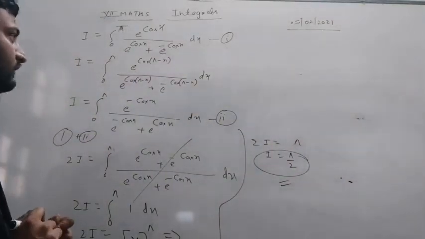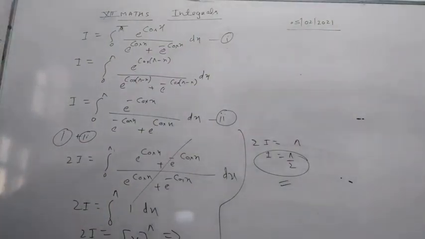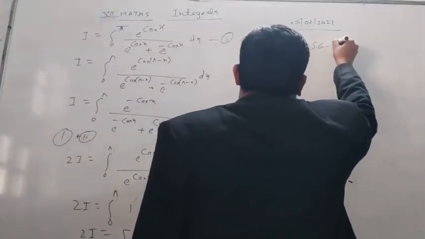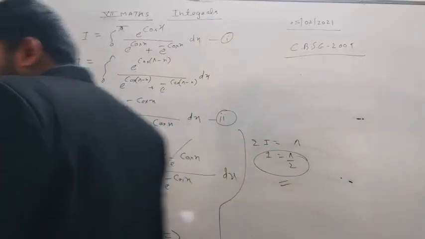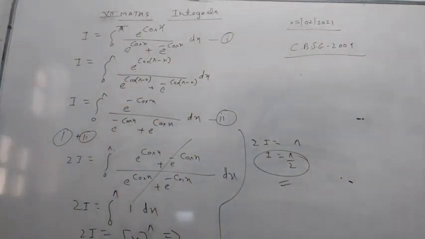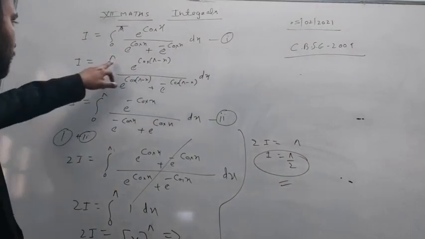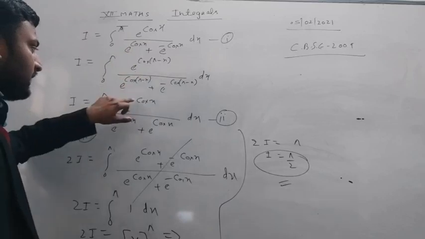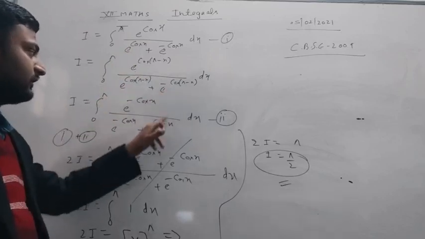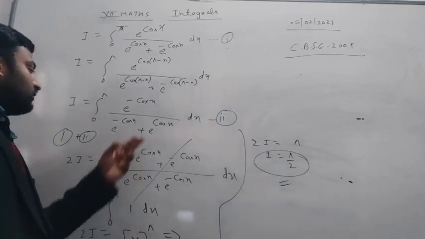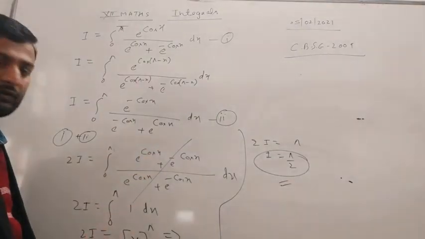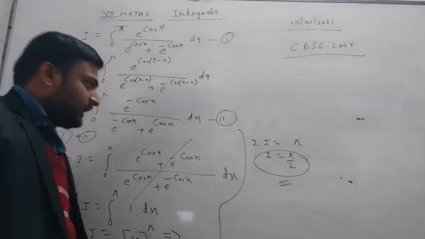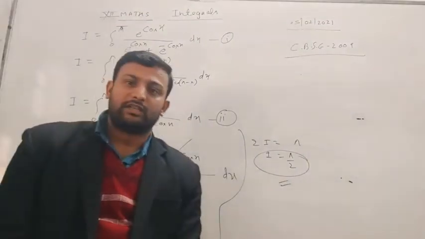So friends, this question was asked in CBSE 2009, and the question says find the integral of this. So I is equal to the integral of e to the power cos (pi minus x), and this we can write as pi minus x. So we get minus cos x, and this minus is changed into plus. Adding these two, we see both are the same, so it is cancelled, we get 1, and you know the integration of 1 is x, and you put the limit and get I is pi by 2. I hope you understand this friends.